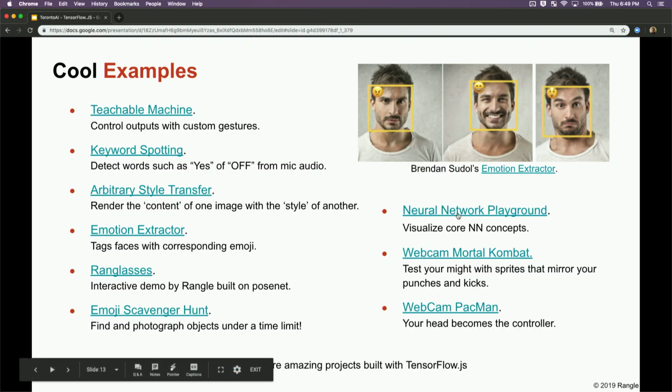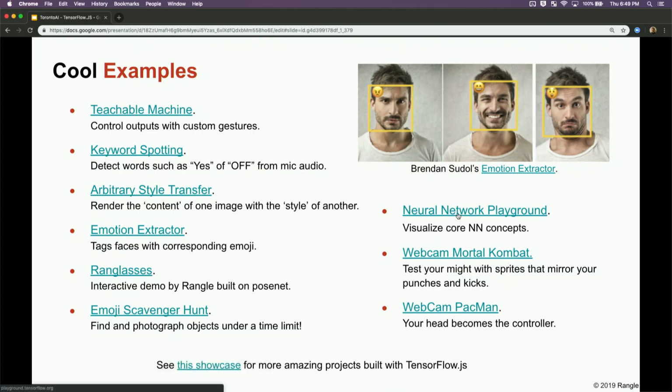Besides really cool proofs of concept, what else can we build? People are starting now to bring machine learning into front-end development from the point of view of user experience.